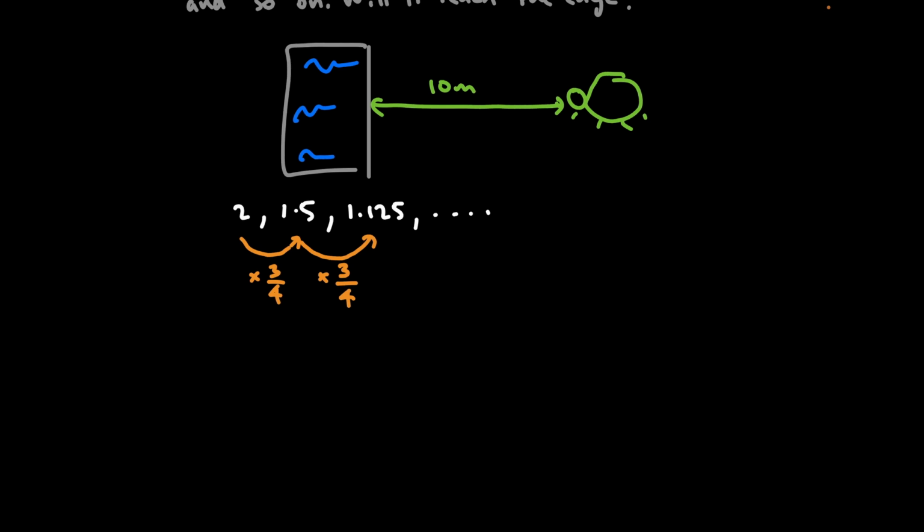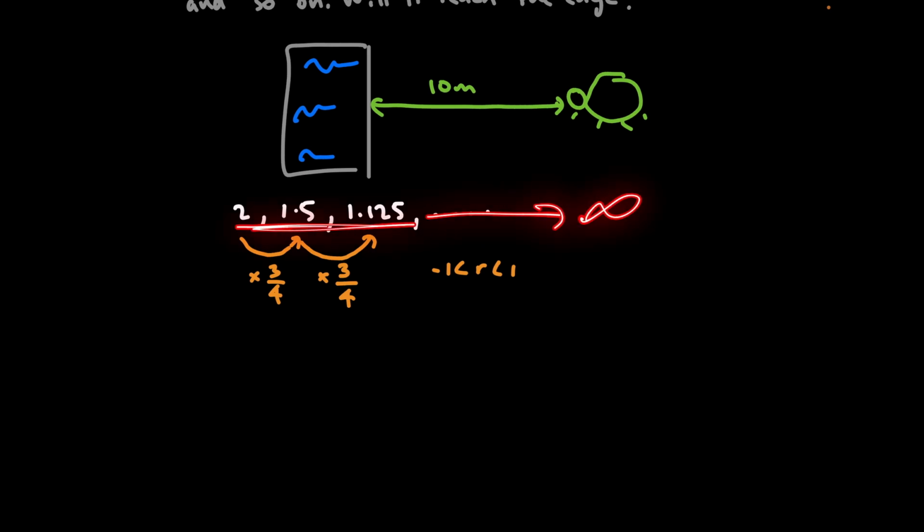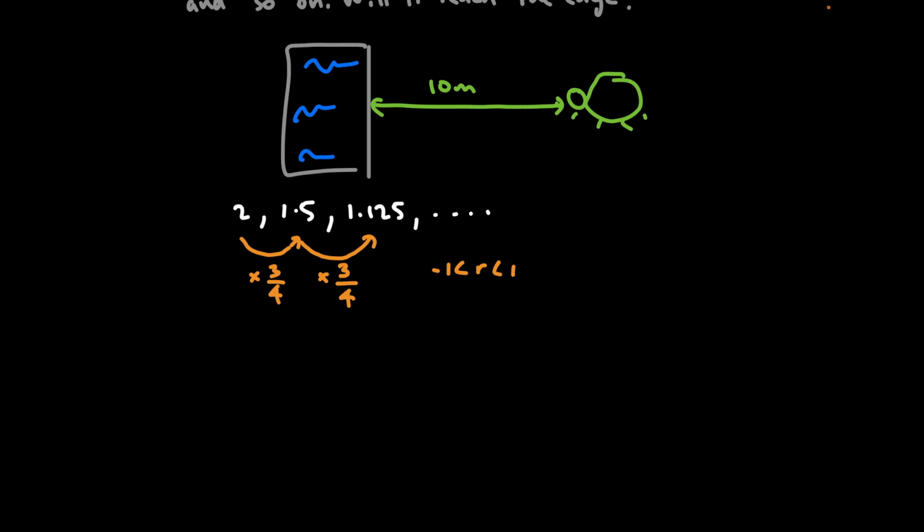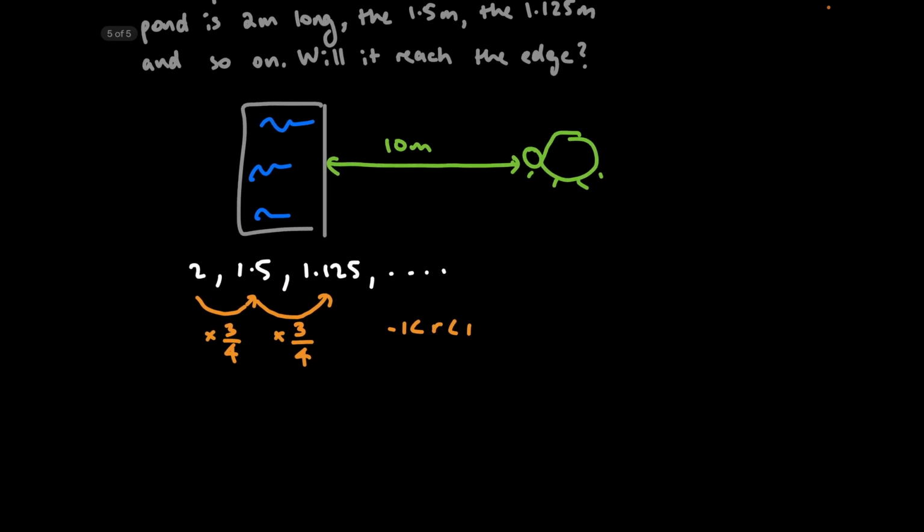Because the value of r is in between -1 and 1, we can say that if we take the infinite series of this sequence, then it will actually converge to a value. So we can say that this sum to infinity is simply equal to 2 divided by 1 minus 3/4. And we can do this, again, because the value of r is in between -1 and 1. And if we work this out, that's the same as 2 divided by 1/4, which is the same as 8